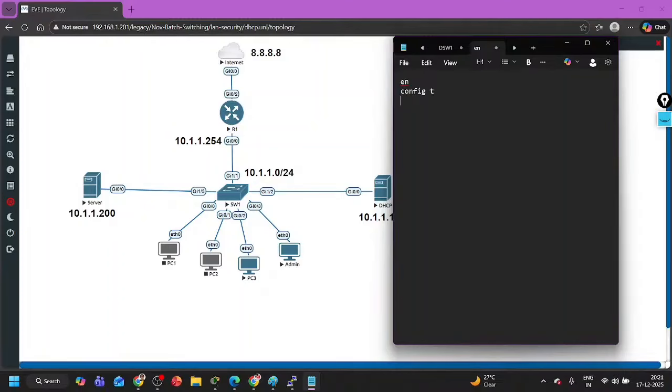config t, interface G0/0, no shutdown, and IP address 10.1.1.100 255.255.255.0. Exit. no ip routing, ip default-gateway is 10.1.1.254. Exit. Anything else? ip dhcp pool Cisco